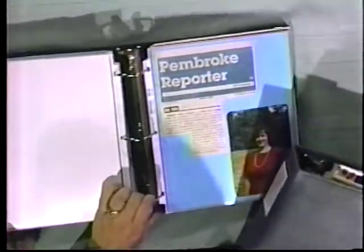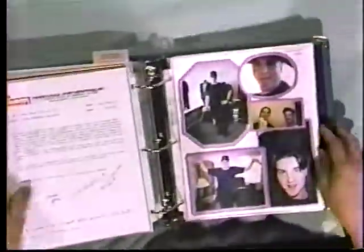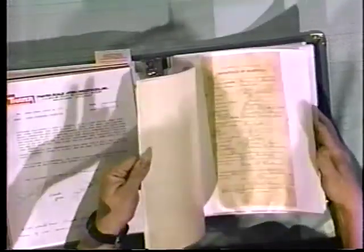Can you just slide that one out of the way for us? I've got some very, very old things, and when I talk about scrapbooks, I'm talking about other things besides photographs. I'm talking about things like... There's some old...